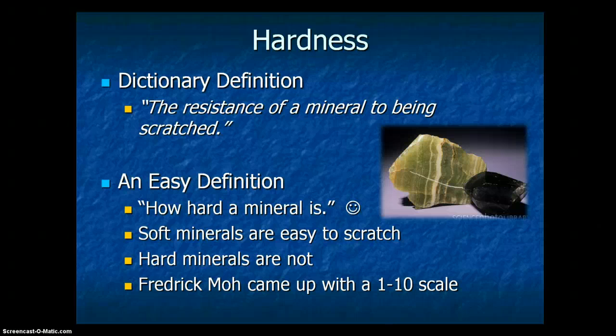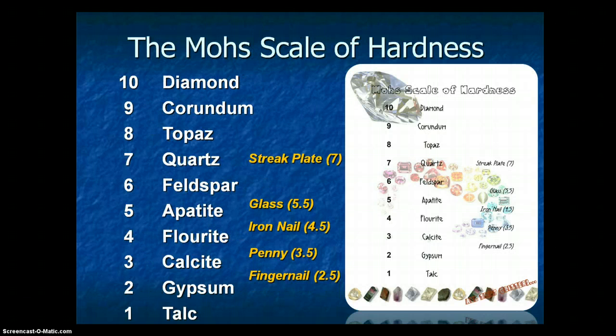And you can think of the hardest mineral out there pretty easily probably, and that's diamond. One of the softest ones would be talc and graphite and things like that. And then there was this guy named Frederick Mohs who came up with a scale, a 1 through 10 scale for hardness, which is known as the Mohs Scale of hardness. And this is something, again, you've probably spent a lot of time getting to know in class as we've been practicing these different properties. So a 1 would be a very soft mineral, a 10 would be very hard, and